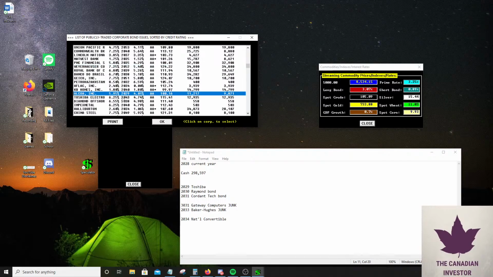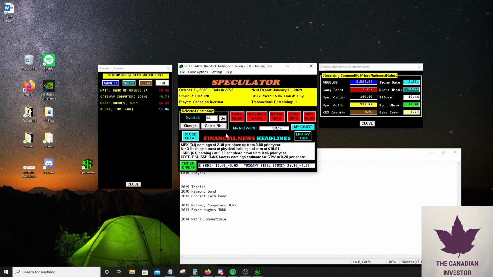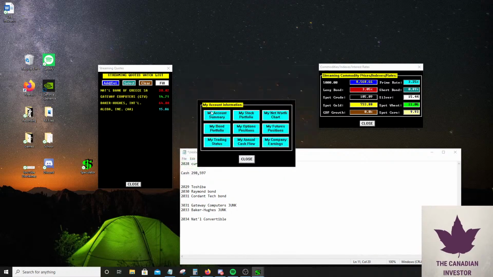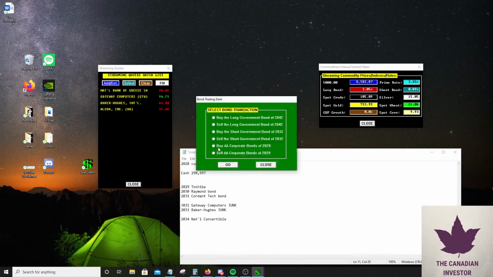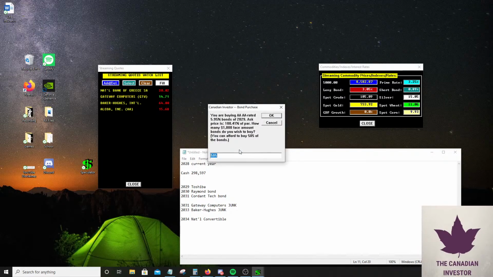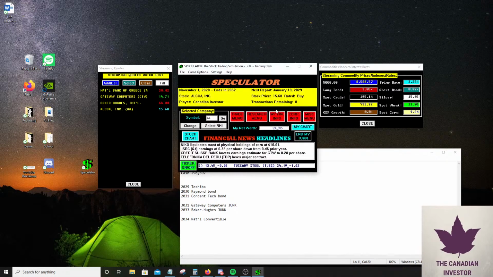2029, here's a good one. Alcoa, 4%. So we should make about 4% return for this one. So let's go ahead, maybe buy up some Alcoa. How much liquidity do we have? We have about 114,000. So I'm gonna put about maybe 80,000. Well, let's just do 35 of these bonds. About 35k bet.